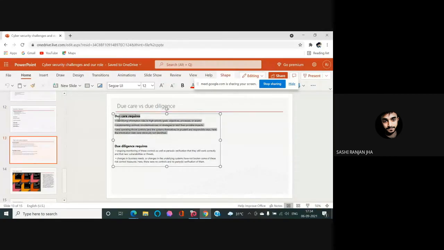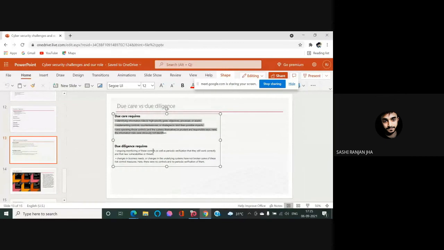Here, the information risks were obviously not identified. So in due care, we only select the risks related to the assets and the objectives of the company, and how we can mitigate the risk involved with the assets, or with the current situation of the security baseline that we have structured. So due care is just making an outline out of it and implementing those things.